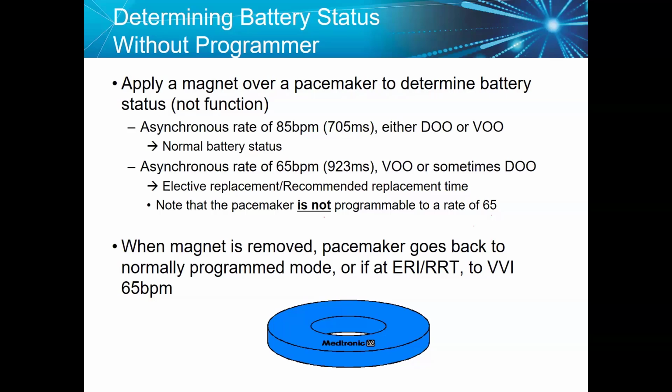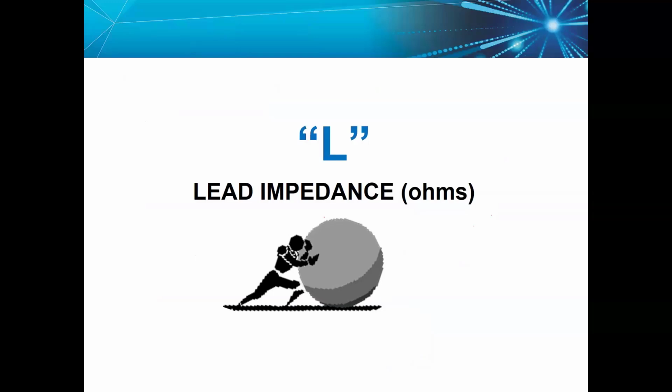Okay, so if we have Abbott and Biotronik and Sorin, every company has its magnet rate related to normal battery life and battery at end of life, or sorry, recommended replacement time. Then we discussed the pacing rate, battery status,